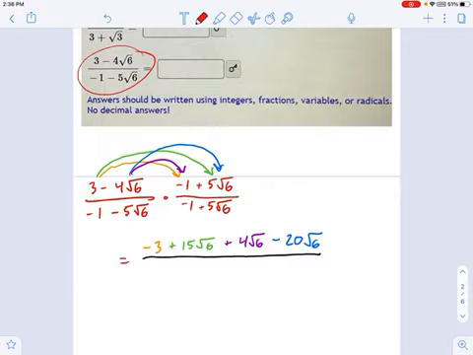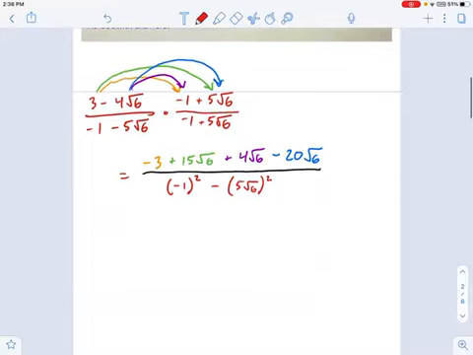So a squared is negative 1 squared minus b squared. Well, what's b? That was 5 radical 6 squared. So let's simplify this all down, see what we get. On the top, we have negative 3. And now we have a whole bunch of radical 6s. I'm sorry. Look what I did. Whoops, I made a mistake earlier. Negative 4 times 5 is negative 20, but radical 6 times radical 6 is just 6.